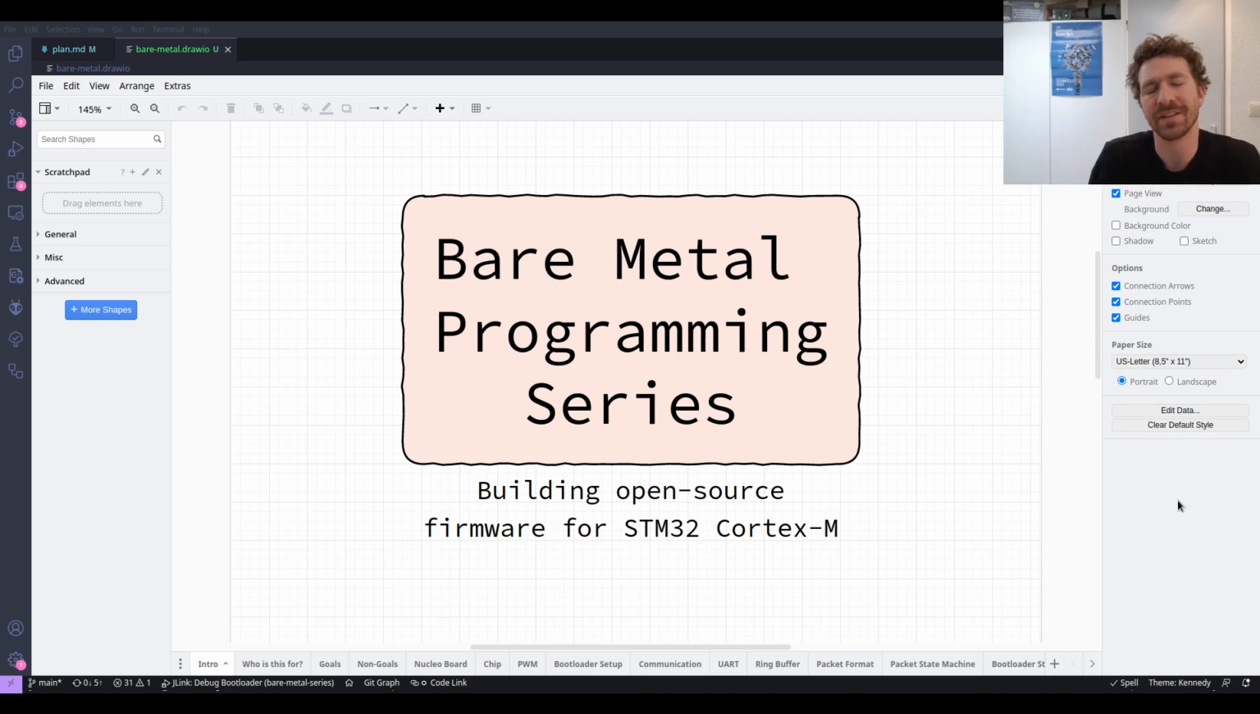Hello and welcome back to the bare metal programming series where we're building firmware for a Cortex-M4 STM32 microcontroller. This is episode 9 and today we're filling in the very last piece of the puzzle we need before we can write the firmware update mechanism for the bootloader, and that is some kind of high-level timing